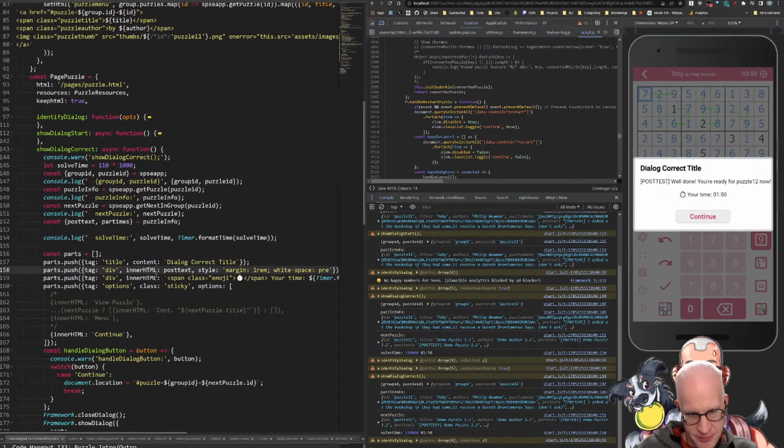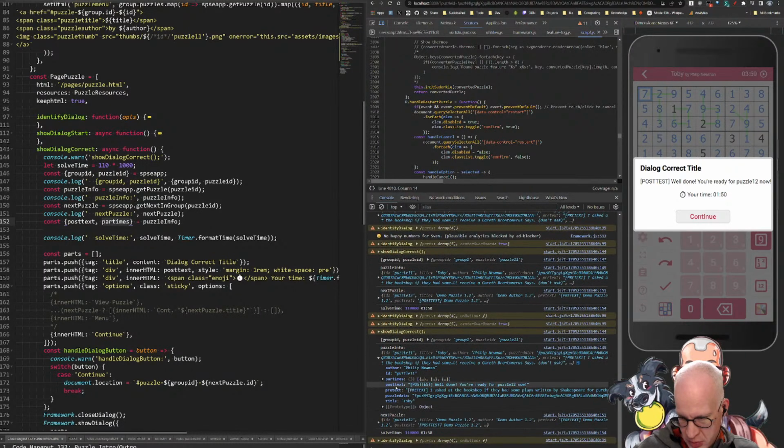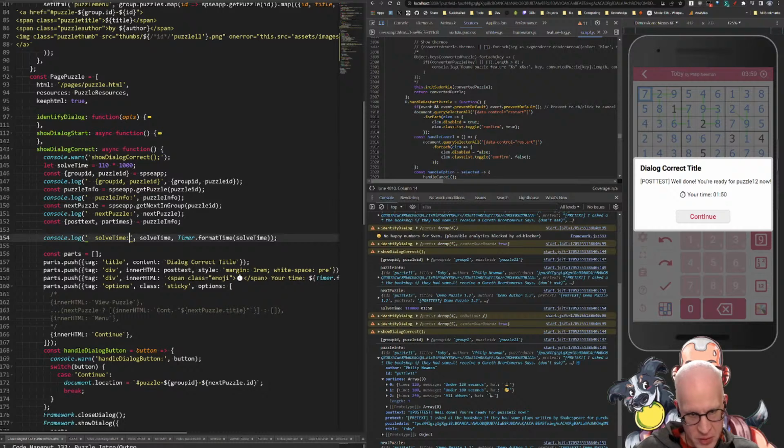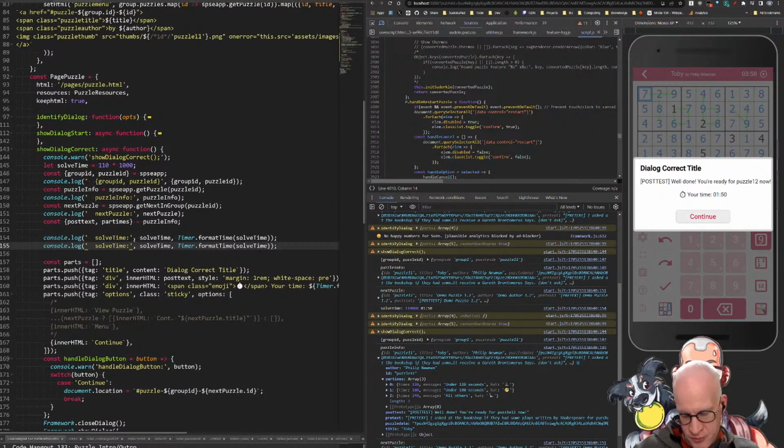So we have the time. We have our continue button that'll kick us into the next puzzle. Solve time. So now we want to compare these to the par times. So, puzzle info. Par times. So we'll do, will it ever be smaller than more than 1? Yeah, so we'll start from the beginning, right? So we'll just say if